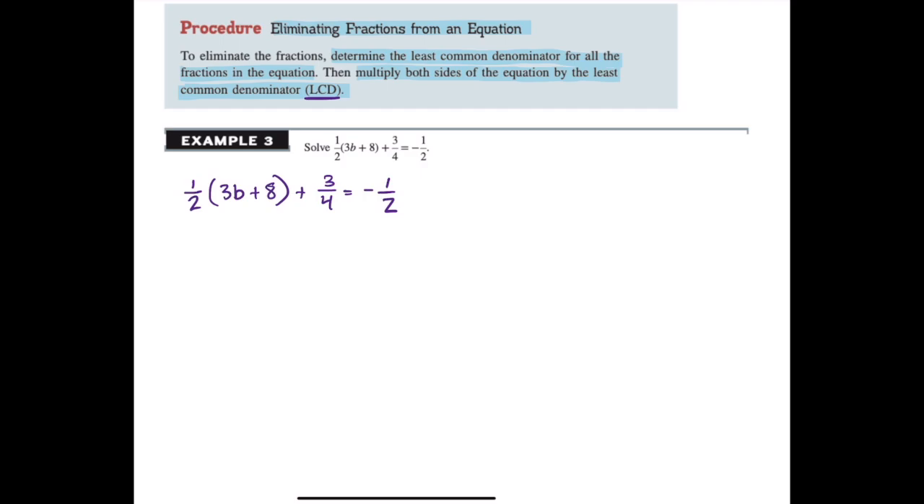So what are our denominators? Our denominators are 2 and 4. The least common denominator is the smallest number, basically the smallest number that you can make all the denominators by multiplying by something. And it takes some practice to learn how to